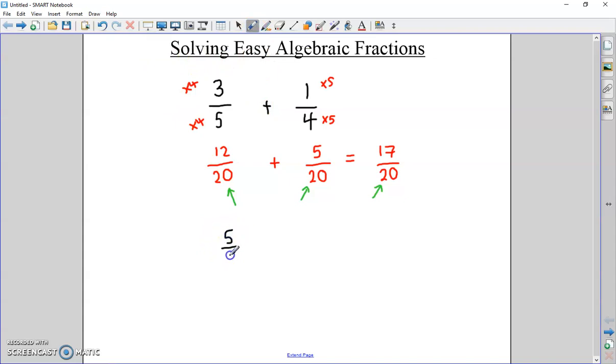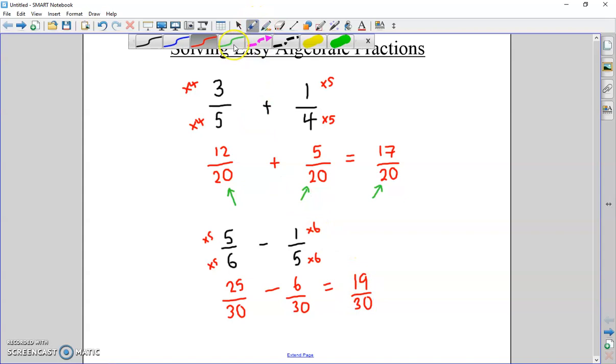If I want to do 5 over 6, take away, let's go for 1 over 5. This time, our common denominator, shout it out, 30. Put them both over 30: 5 times 5, 25 over 30, and 6 times 6, 6 over 30. This time we're taking away, it doesn't make any difference really. 25 take away 6 is 19, and the bottom stays as 30. And again, look, you can see that the question, both bits of the question and the answer all have the